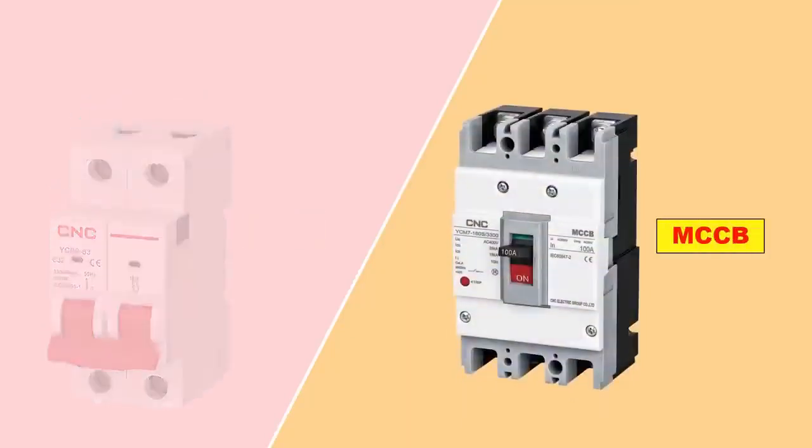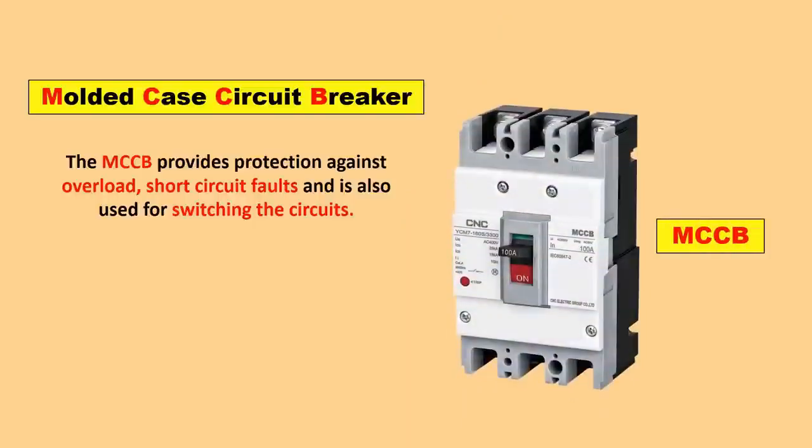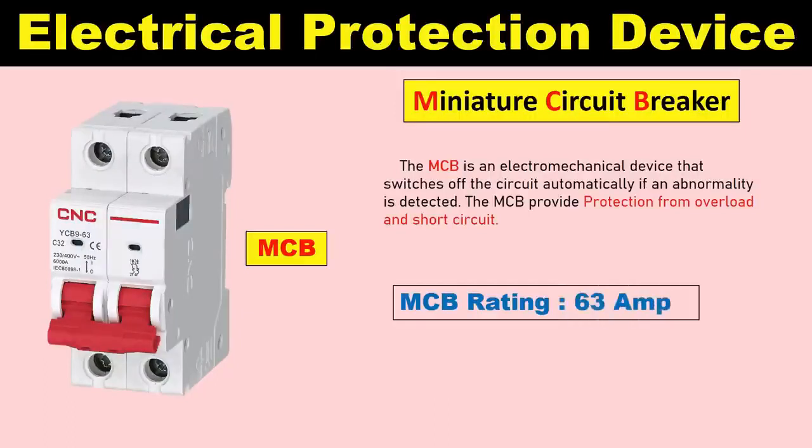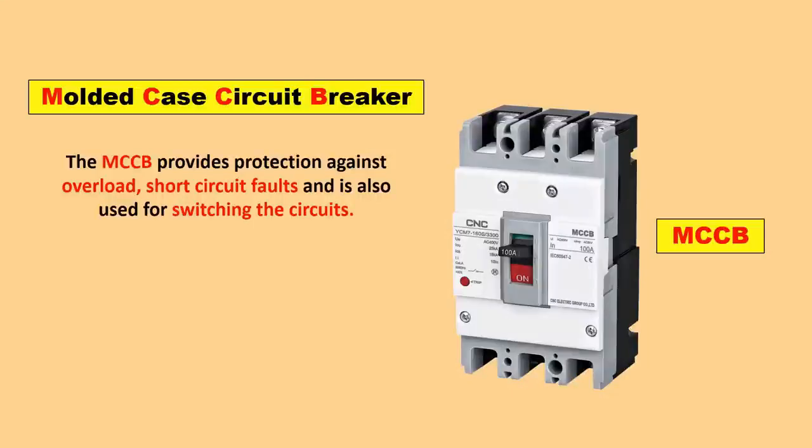Full form of MCCB is molded case circuit breaker. Friends, the MCB you have, or if you are going to buy a MCB, then a maximum of 63 ampere rating MCB you can buy. These days you can find a 100 ampere rating MCB also, but before till 63 ampere rating MCBs were available in the market. Now if you want a protection device of even higher rating, then in this condition you have